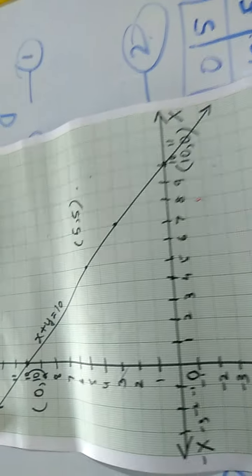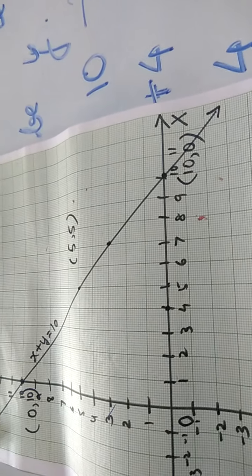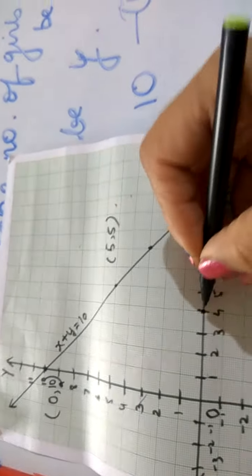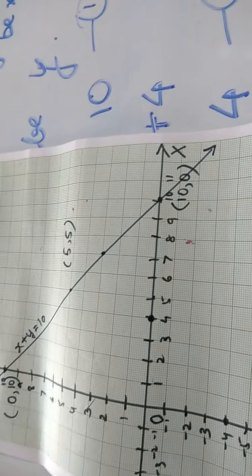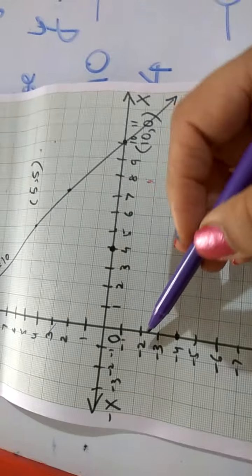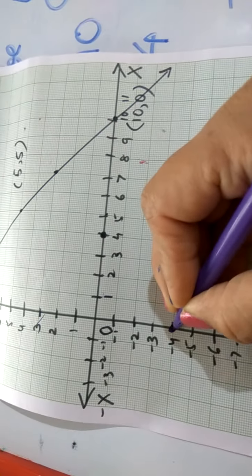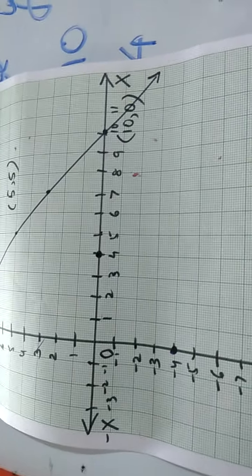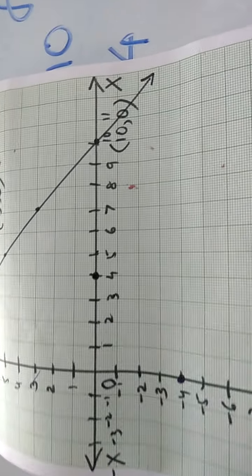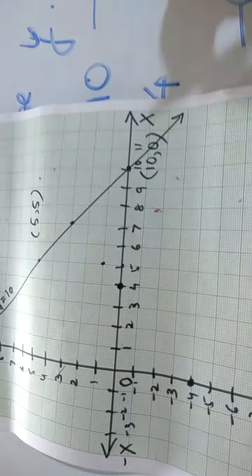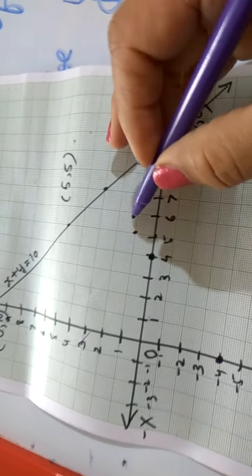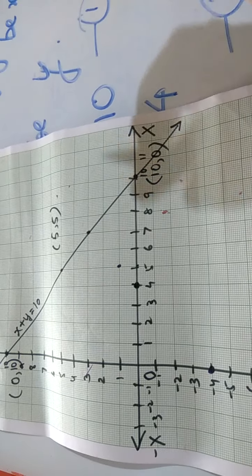Now we are going to plot these 3 points on our graph. First point is 4, 0. So x is 4, y is 0. This point is this one. Second point is 0, minus 4. So x is 0 but y is minus 4. This will be this point. Third point is 5, 1. So that will be this point. So we have got 3 points here. We will join them for plotting the second equation.